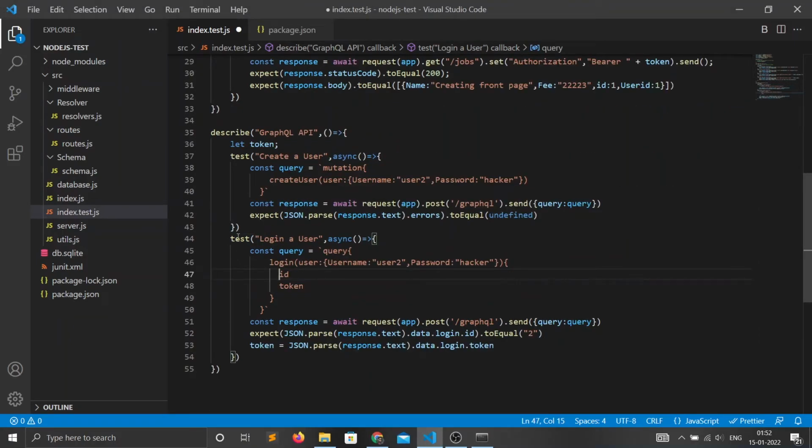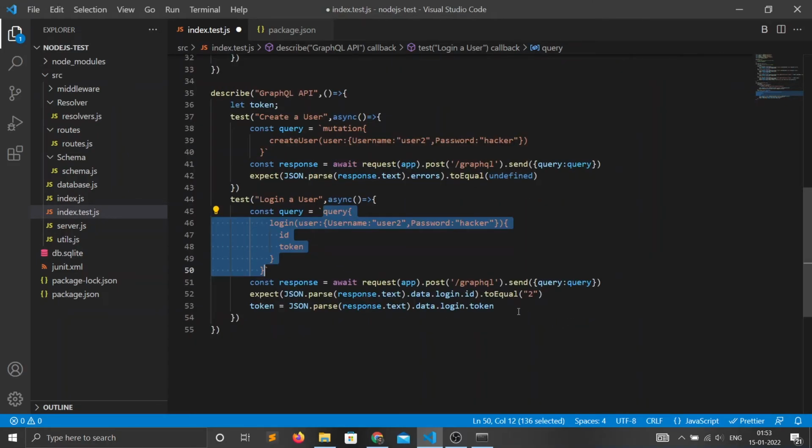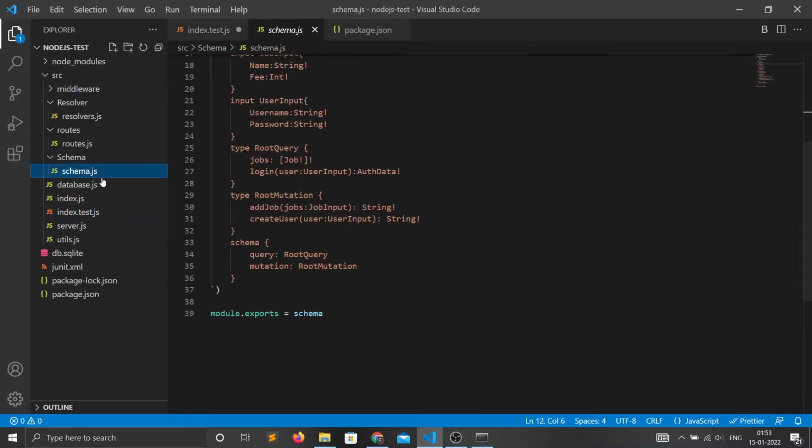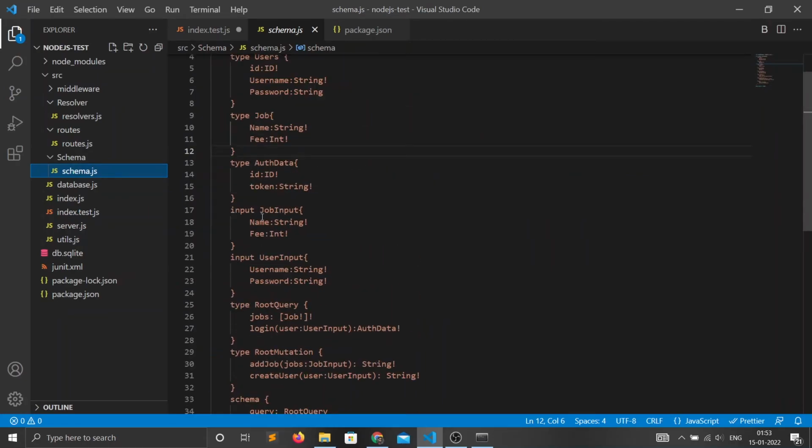In this test we are testing if we can log in a user, and we have made this query, and now we will send it again, and we are also expecting to get an ID and token, because we have defined in our schema that we will be receiving an ID and token.